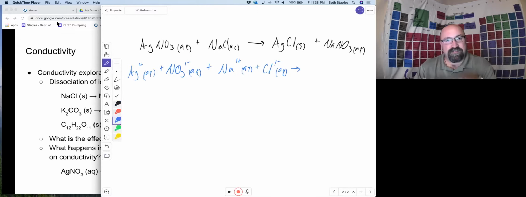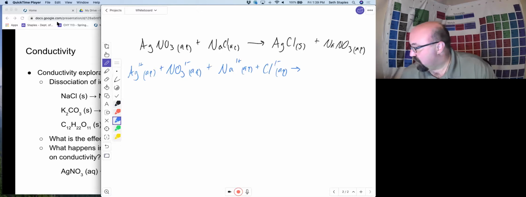Now, if we mix the two of these together, now let's not even think about the solid yet. We mix the two of these together. And so now we've got all four of these ions floating around in this solution. And so there are other things sort of at play, so it doesn't work exactly like this. But we would think, just for simplicity's sake, that the resulting conductivity of the mixture is a result of all four of those ions floating around. And so we would expect that possibly the conductivity would be the sum of what the two of them were separately. But that's what we're going to look at, because what we see, remember, is that we actually end